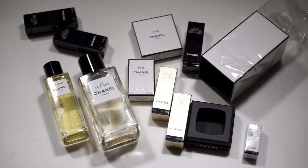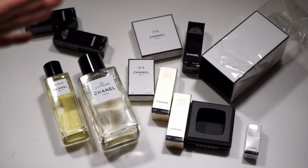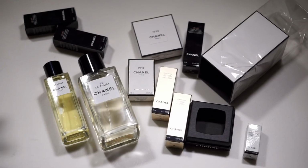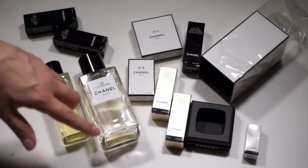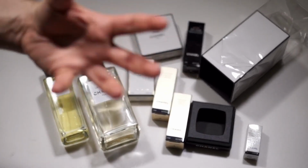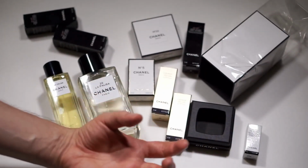I'm smelling it now. So, as I say, on many occasions when I talk about older formulations or concentrations as opposed to the newer ones, in particular when it comes to the Chanel Les Exclusives range, when I talk about the eau de toilettes compared to the eau de parfums, this is a very good example of what I'm going to say now. And you've heard me say this in a lot of other videos, but let's repeat ourselves. Why not? The eau de toilettes usually have a delicate surface, but a really, really deep...